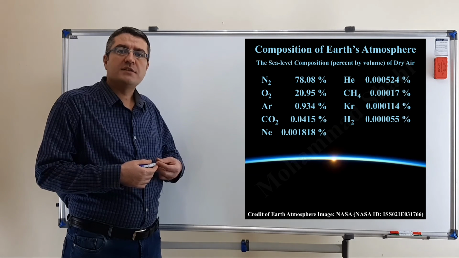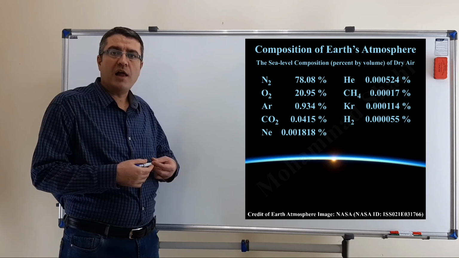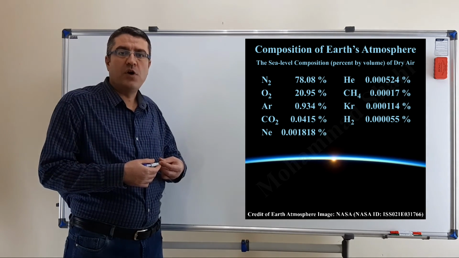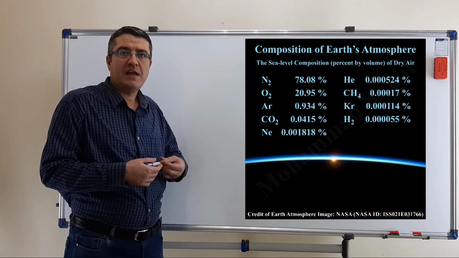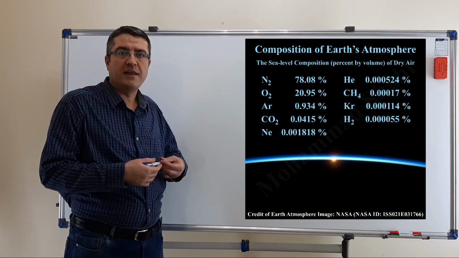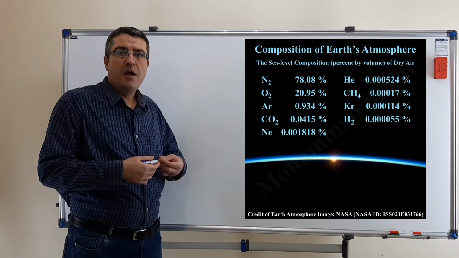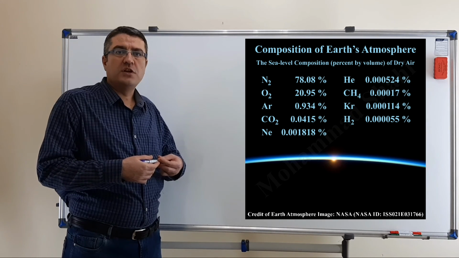Based on NASA's Earth Fact Sheet, the atmospheric composition by volume for dry air at the surface is as follows. As major constituents, 78.08% nitrogen gas, 20.95% oxygen gas, and as minor constituents, 9,340 ppm argon gas,